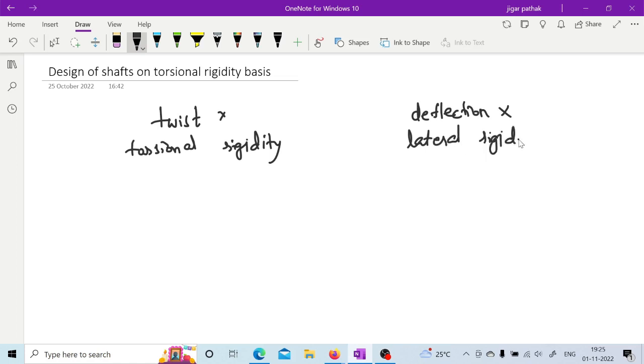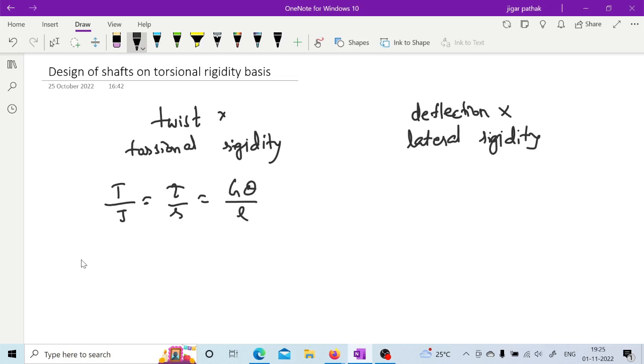Based on the application of the shaft, you are going to decide the criteria on which to design your shaft. In case twist is not allowed, as we have considered for the crankshaft, the important thing is theta. As you know, T upon J is equal to tau upon R is equal to G theta by L. So from this,